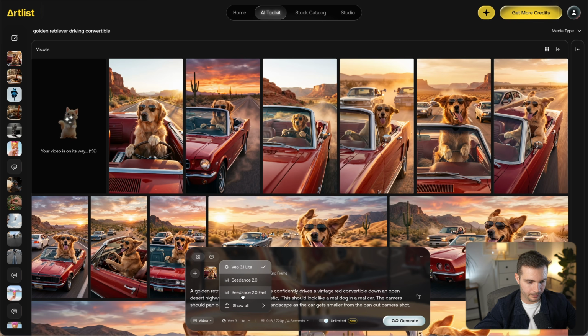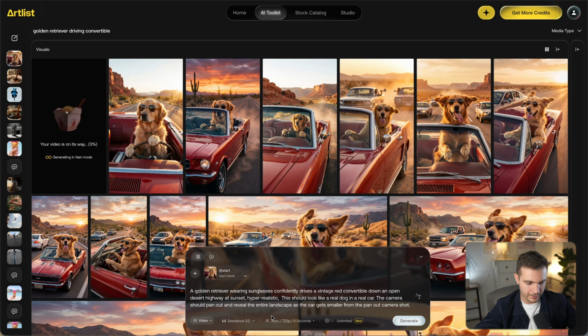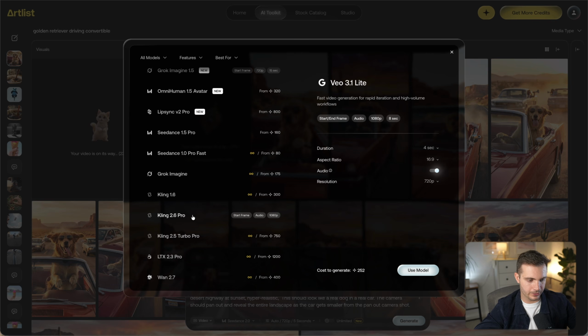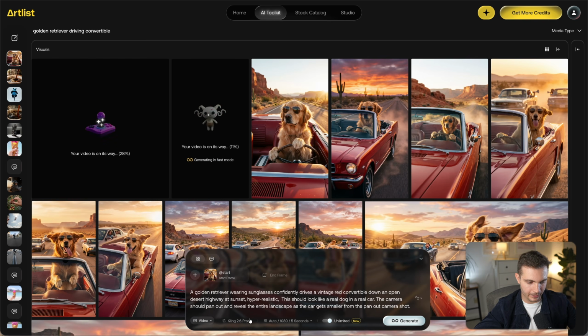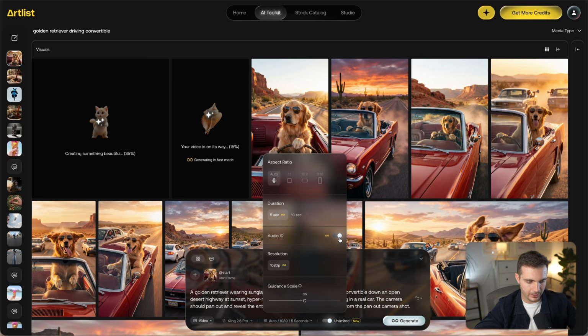And we also want to compare how that looks to Seedance 2, which is not on the unlimited plan, but we have enough credits to try it out. And we also definitely want to compare it to Kling 2.6 Pro, which is the other model that performed really well in our last test. And let's keep this on auto, keep the audio on, and in max resolution. Hit generate. And while these shots are generating, let me just generate a bunch of other different videos because we are on the unlimited plan and I want you to be entertained. So let's see what we can come up with.